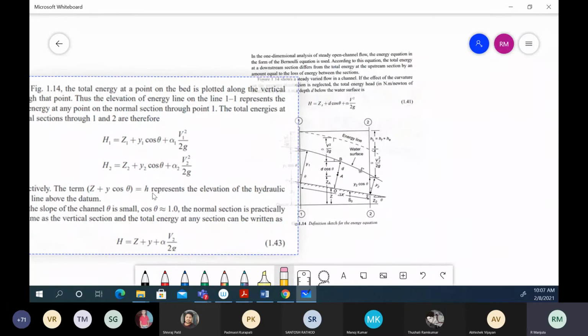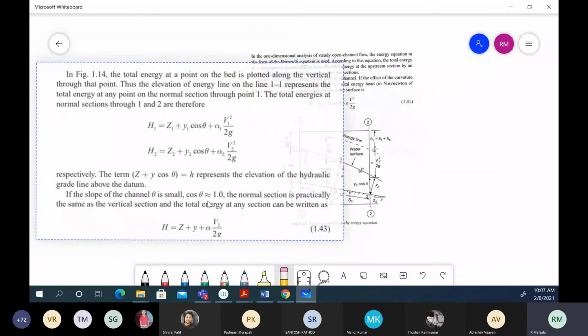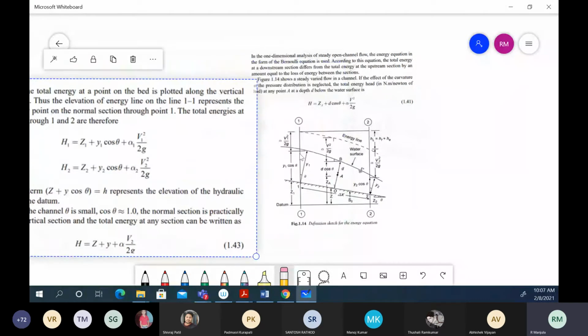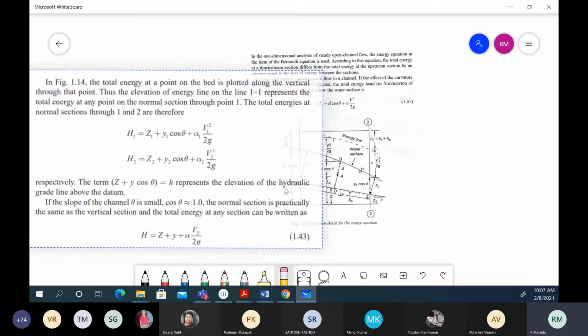If you take these two terms, z plus y cos theta, that is the datum head plus pressure head together, it is called the elevation of your hydraulic gradient line. I think we have already studied the hydraulic gradient line and total energy line. The hydraulic gradient line connects the summation of your pressure head and the datum head. The total energy line is the summation of all the heads: the pressure head, datum head and velocity head. So that elevation represents the hydraulic gradient line elevation above the